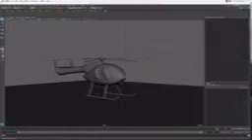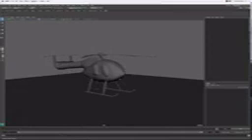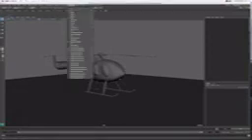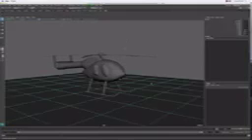So let's talk about this thing. So far we have used some simple fields. We have worked with the uniform field, we have worked with gravity, and we have placed turbulence, but we haven't really done much work with it. So let's go ahead and simply begin. So one thing, if you want to create particles on the ground that this helicopter is going to kick out just like dust,